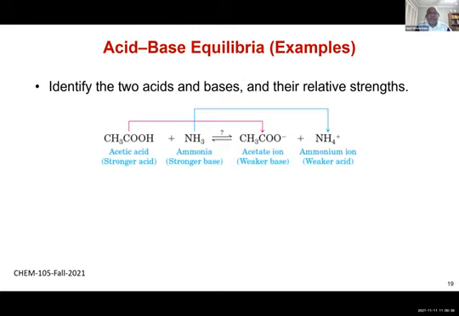So that's shown here. Base ammonia goes to ammonium ion. And the blue is the conjugate base, conjugate acid pair. Red one is acid to